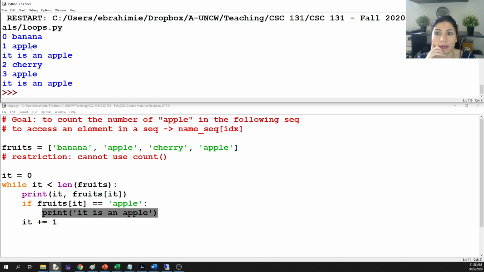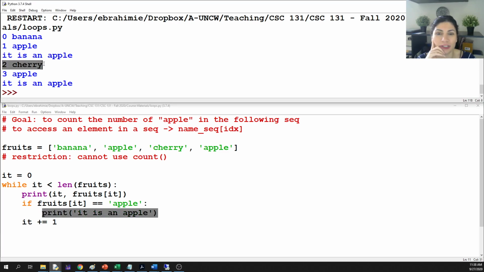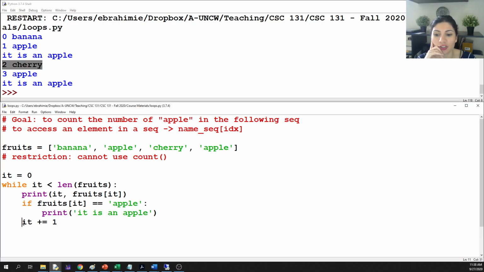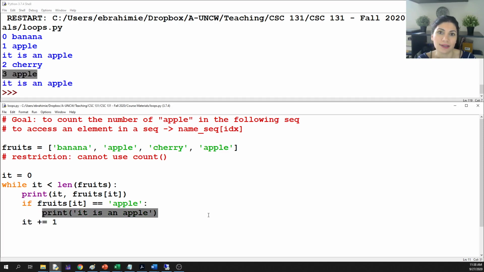Item 1, you had apple, so this was true. You went inside this if, and you printed this line. Cherry was not equal to apple. You ignore, you skip this selection. You just went to the next iteration. The next iteration, you had an apple. Then you printed this line. Okay, I hope this makes sense, all right? So just do it step by step so you understand what is going on